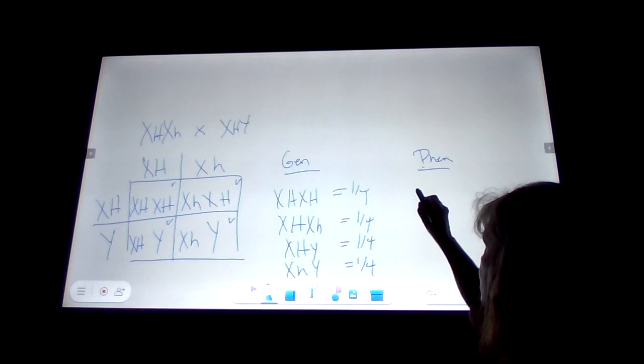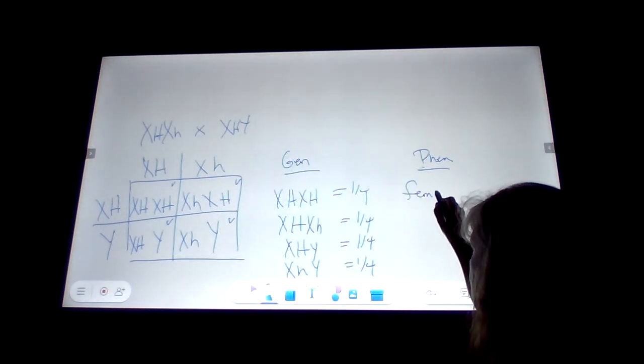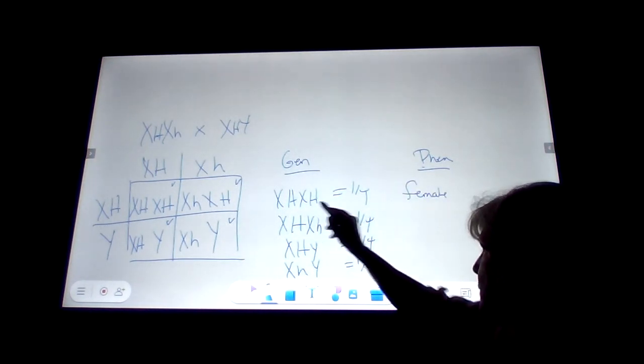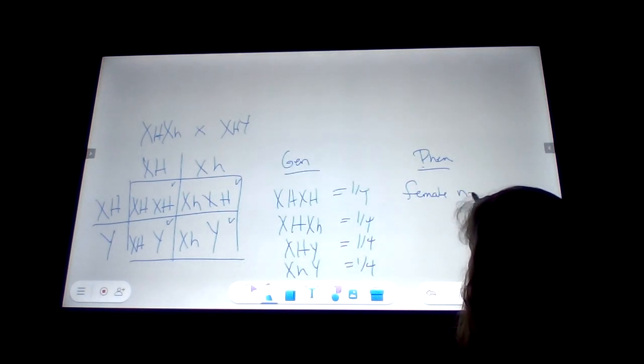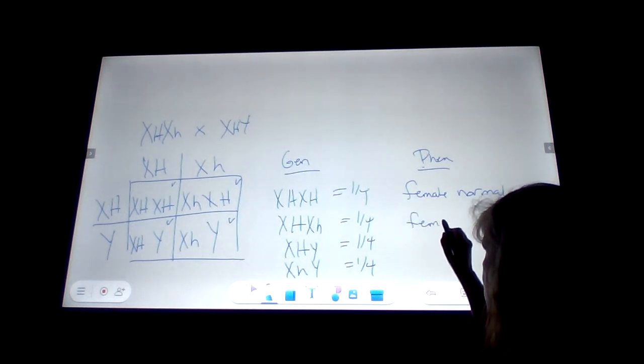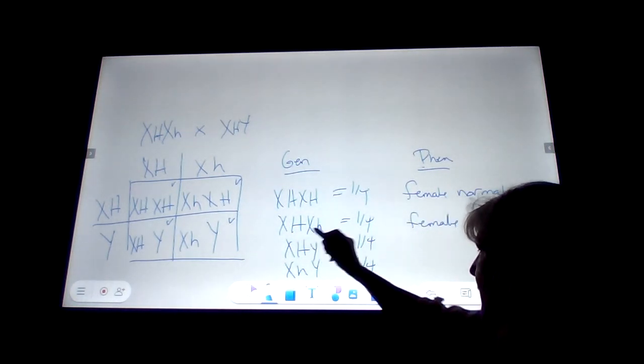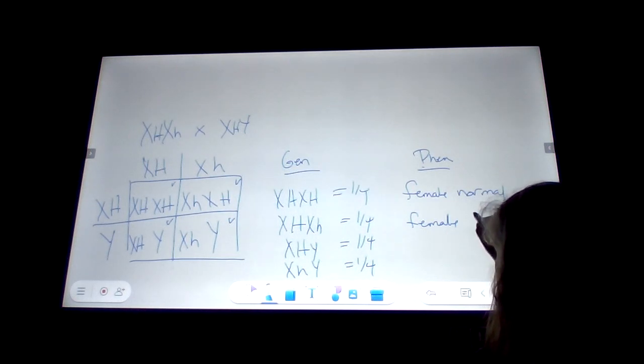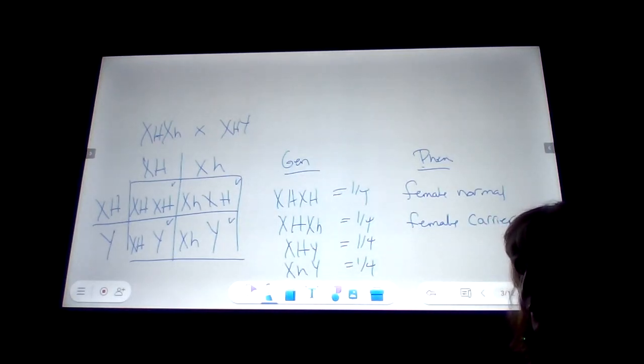My 2 X's tell me it's a female. She has 2 big H's, so she's normal. I have 2 X's, so it's another female. I have a big H and a little h, so she's a carrier. Again, she doesn't have it, but she can pass it on to her offspring, so she can carry it on